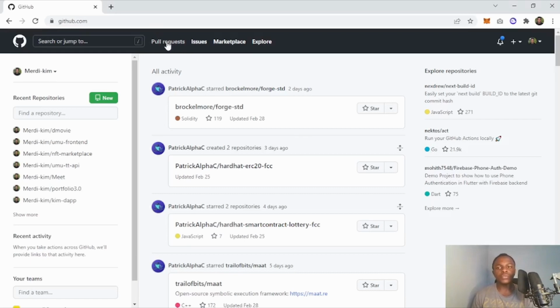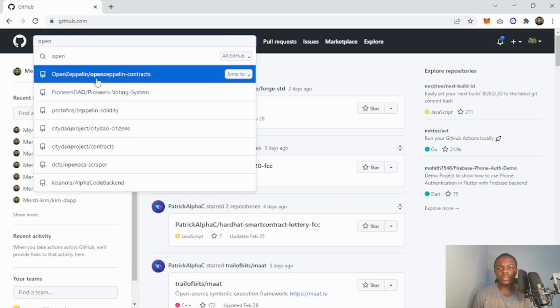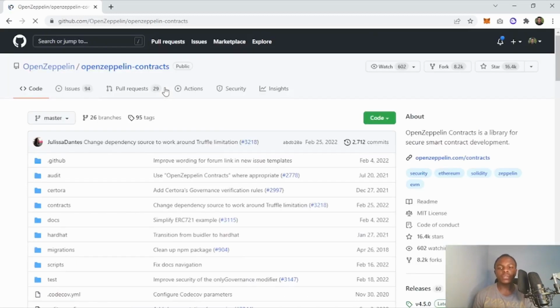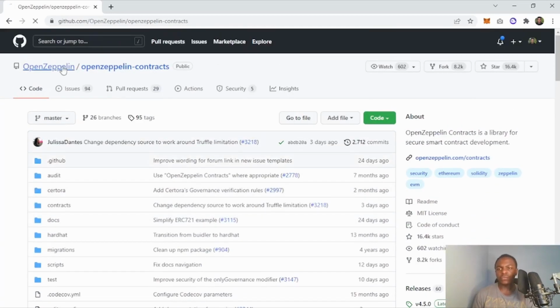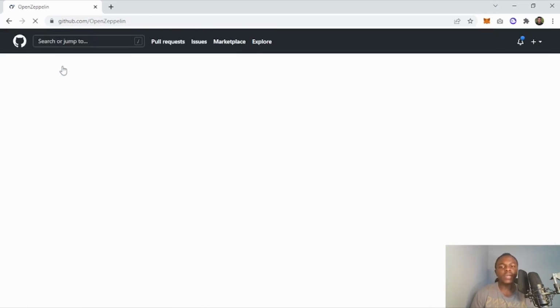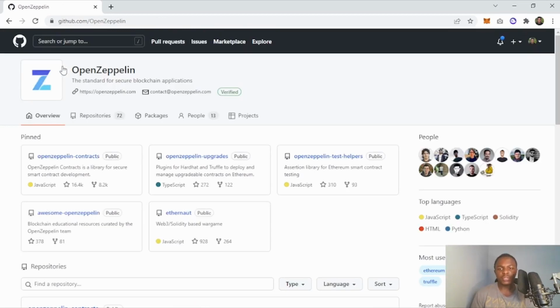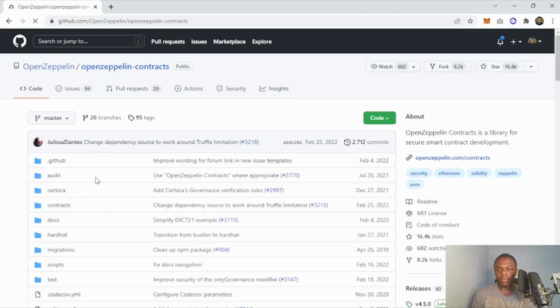All you're going to do is head over to GitHub and search for OpenZeppelin. You just come to the search, you click on OpenZeppelin, and you'll see OpenZeppelin / openzeppelin-contracts. And that's the folder that you are going to work in. If you searched for OpenZeppelin as an organization, you'll see this page. So all you need to do is click on OpenZeppelin contracts, and you'll come here to